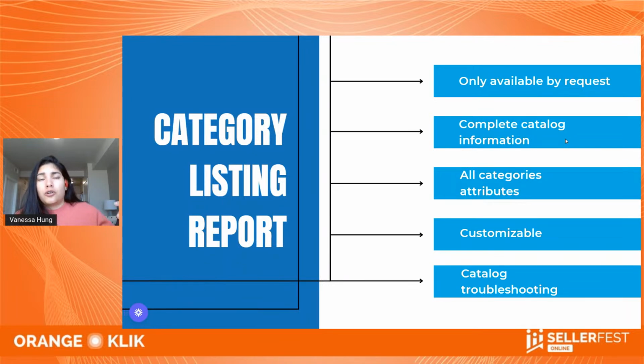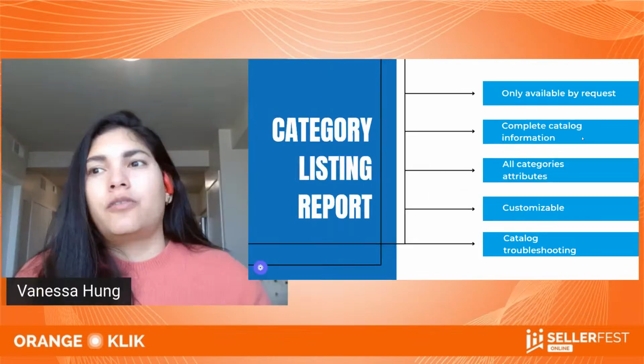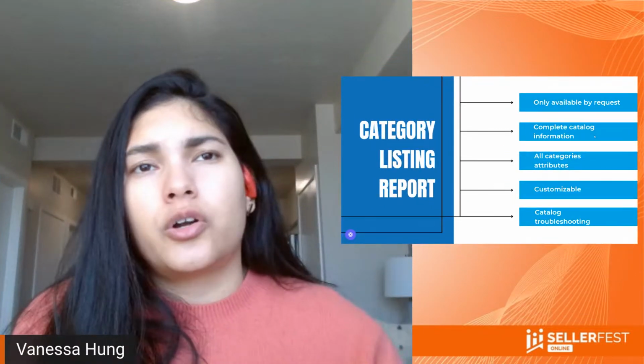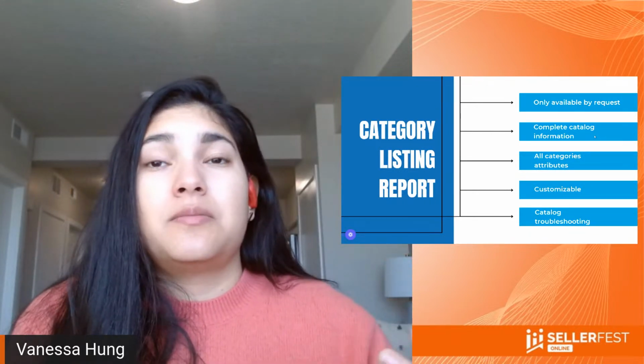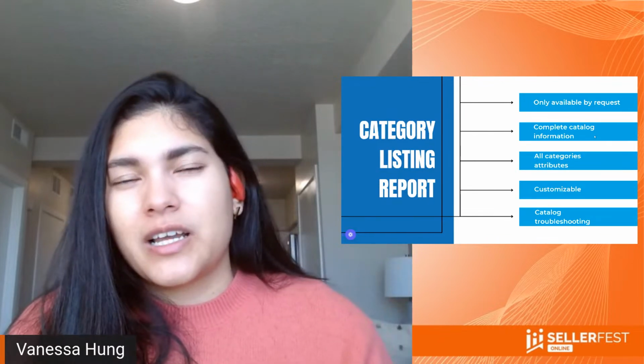For those three categories, the attributes are completely different, because in pet supplies, it will ask me things like what is the color, the length, the material, or the breed of dog.